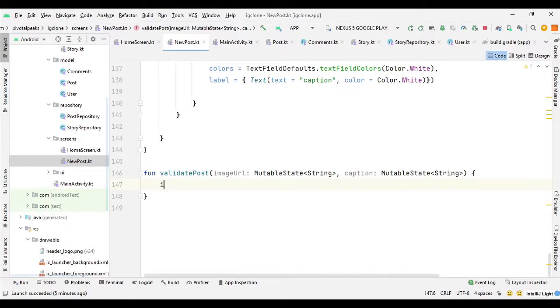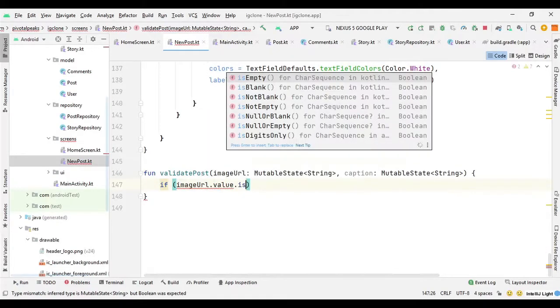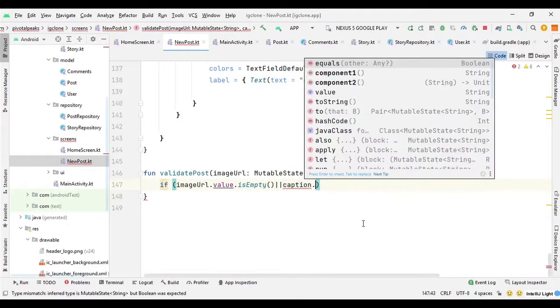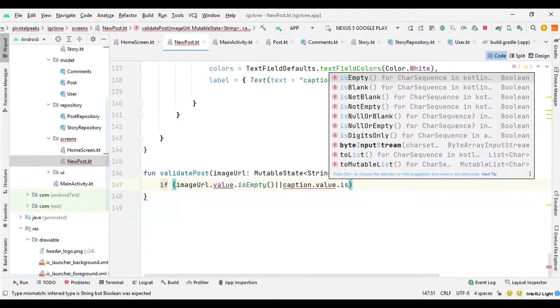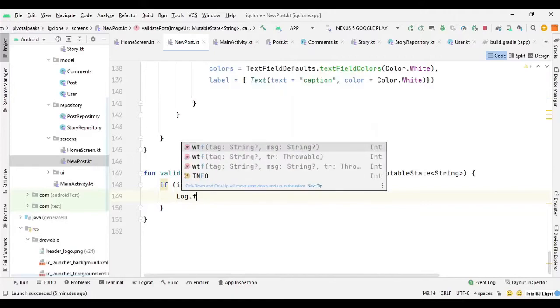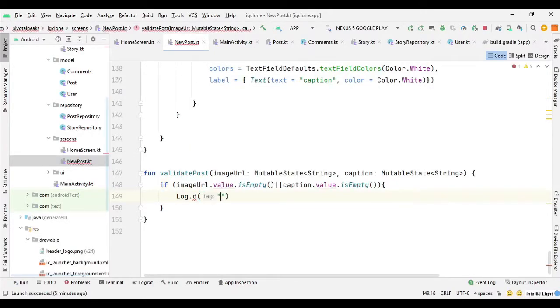So here I'm simply going to say that if image URL dot value dot is empty, or caption dot value is empty, then we will simply say log dot d, and here we will say new post error, and we can set a message that either image value or caption is empty.